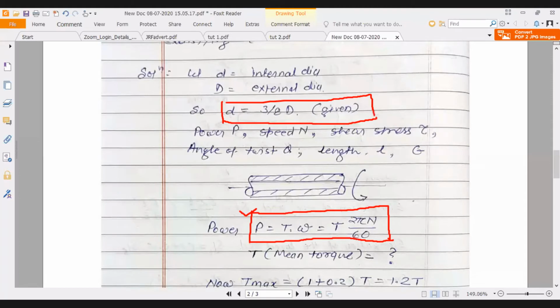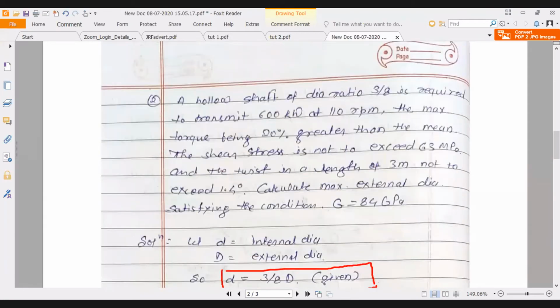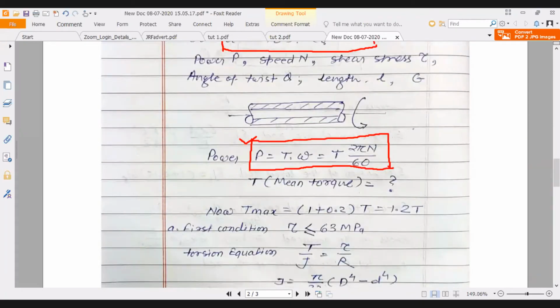Okay. So from this relation, we have now the magnitude of our mean torque, and in the question it is given that the maximum torque is 20% greater than the mean. So what is the maximum then? 1.2 times the mean. So this is now my actual handling value of